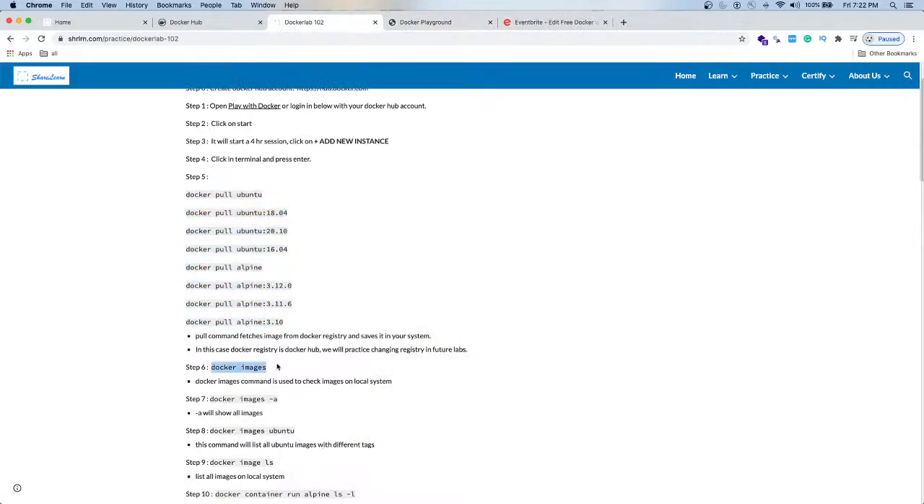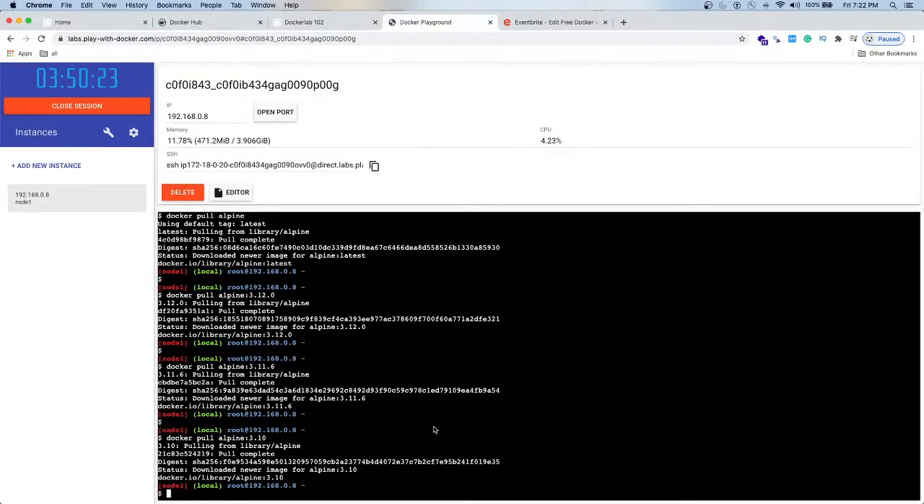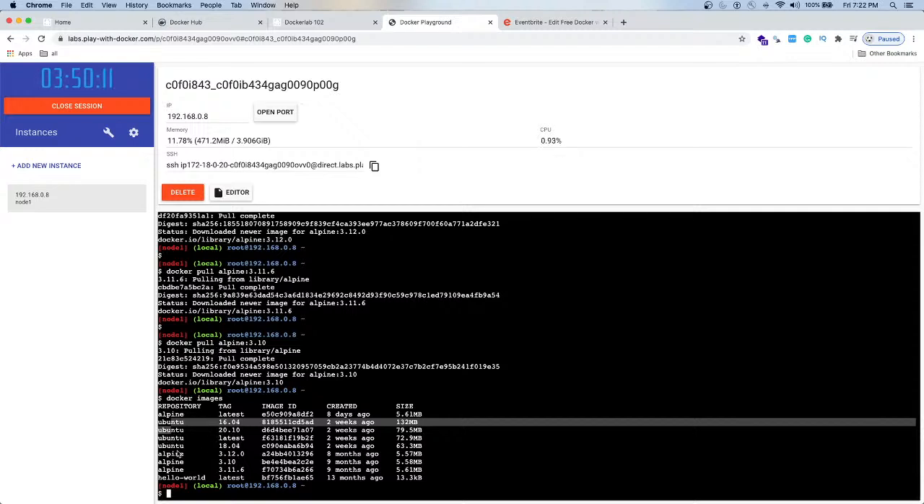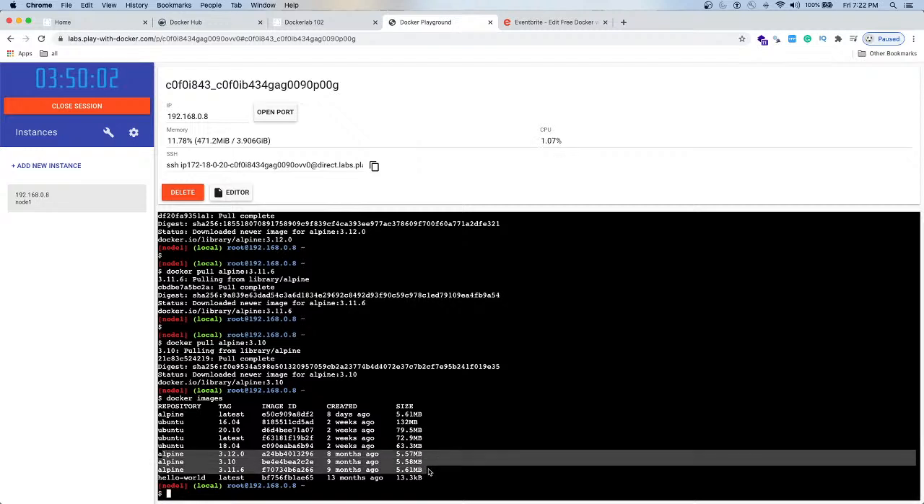So let's look at the images we have on this machine now. If you do docker images, you'll see that we have Alpine latest image, Ubuntu 16.04, Ubuntu 20.10, Ubuntu latest 18.04, 3.12. And if you look at the size of these images, especially Alpine, you'll see that you'll get pretty much